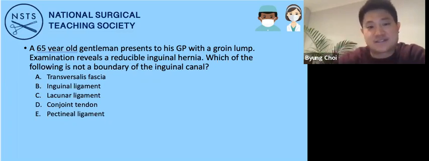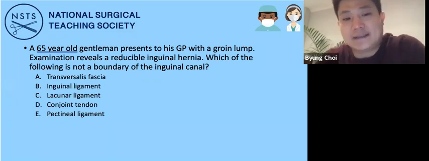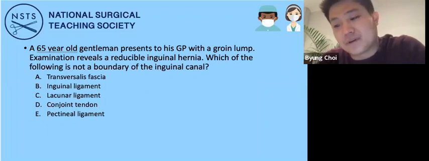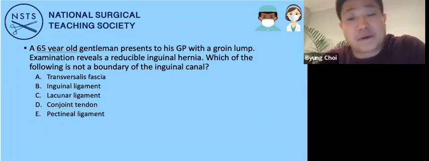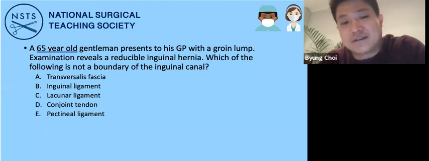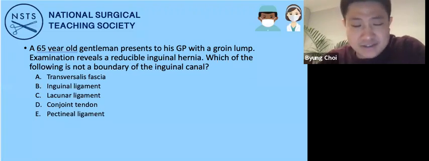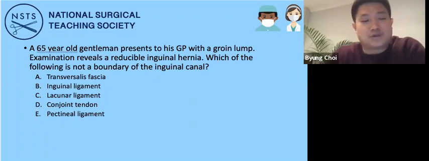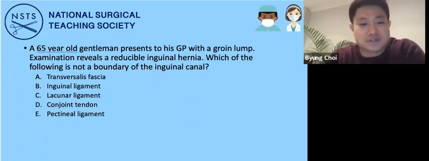So the answer to this would be E, the pectineal ligament. So the boundaries of the inguinal canal, femoral canal, or femoral triangle, femoral ring, sorry, as well as the femoral triangle, and knowing the structures that pass through them is definitely going to come up in the exam. And so it'll be good to just keep going back to them and reminding yourself,